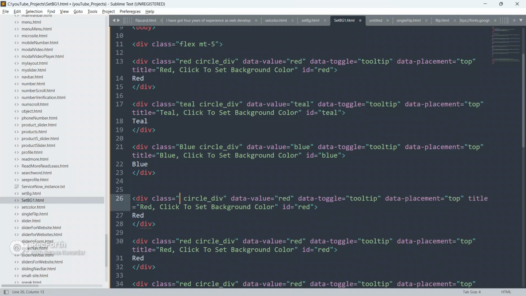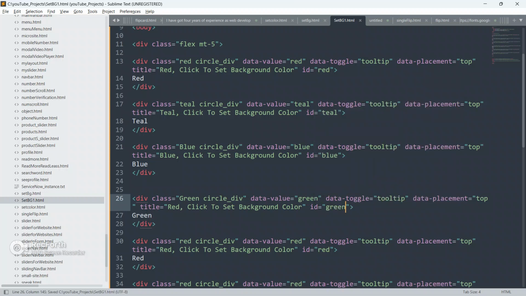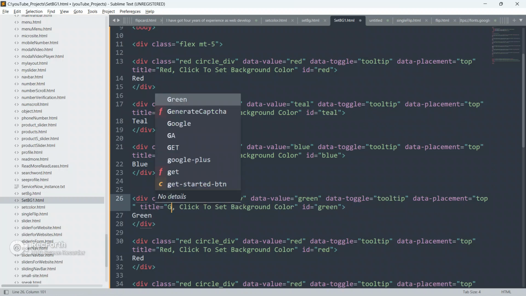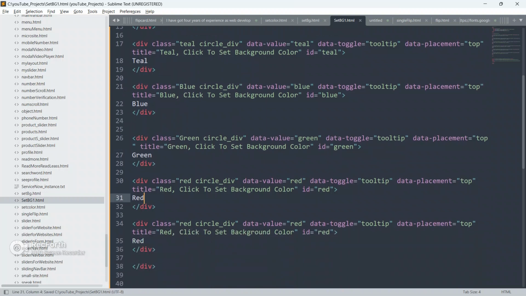Now make this green, data value also green and ID also green, make this also green.